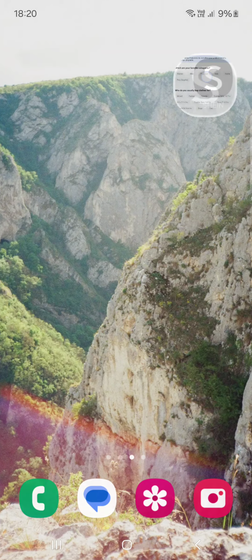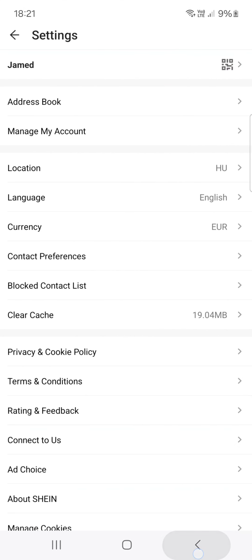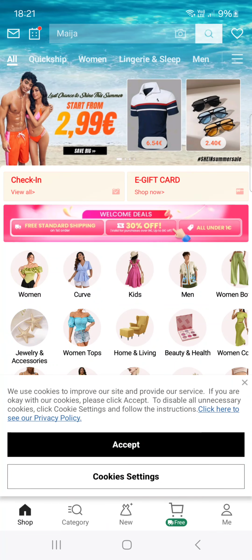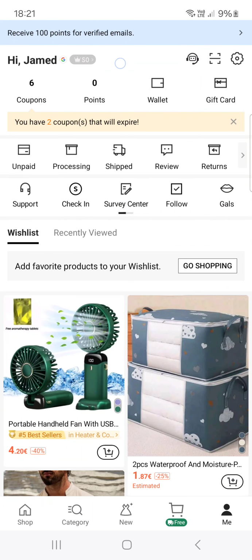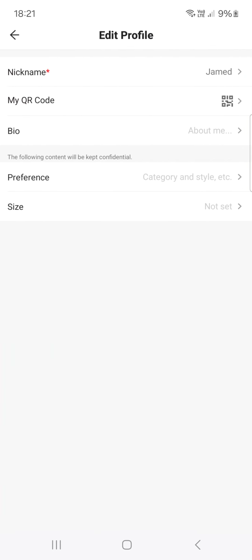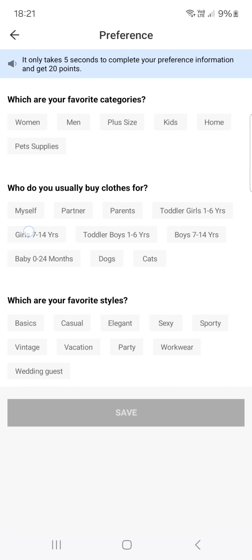First you have to open up the Shein app. And here it opens up in the shop menu. From here we just have to go into the me menu. Then tap on the cog icon in the top right corner. Then on our name at the top. Then on preference, and here we can select the